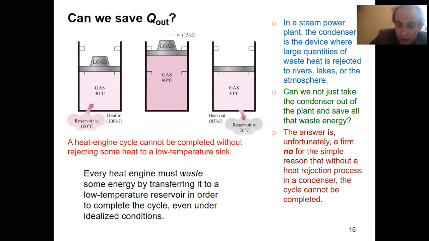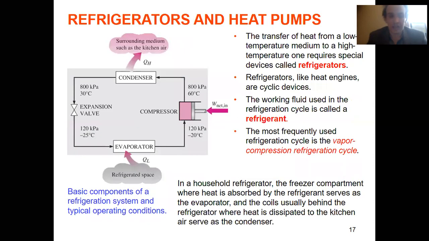And let's forget about, so you understand that a power cycle does only one thing that ancient Greeks did not know. It converts heat into work. There is something else we have in our homes that ancient Greeks did not know, and that is the refrigerator. So what is a typical refrigerator or heat pump? The idea behind them is very similar. This is a device which transfers heat from a cold to a hot source. What does it look like?